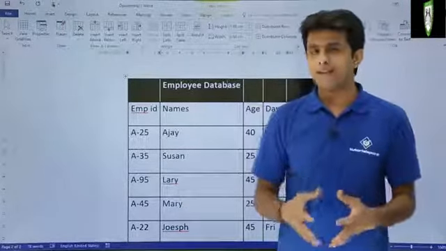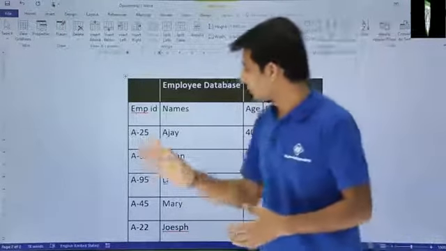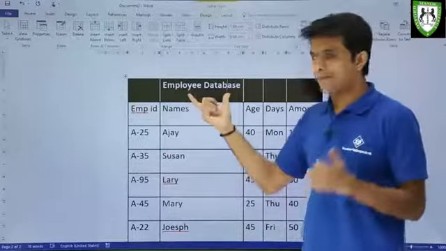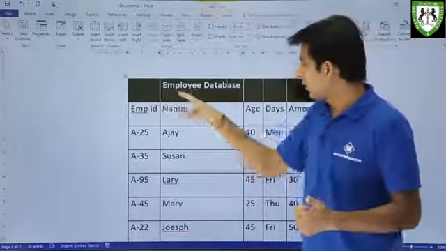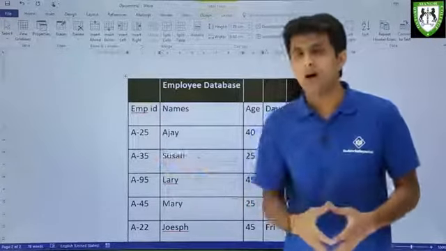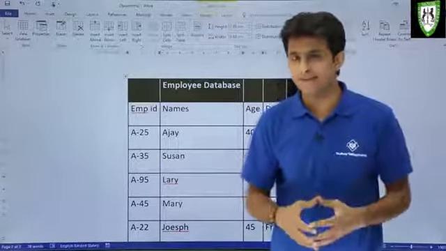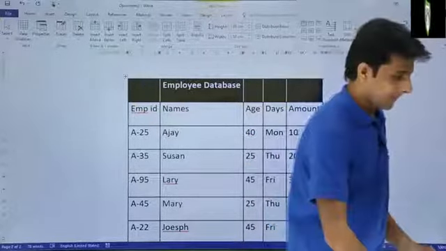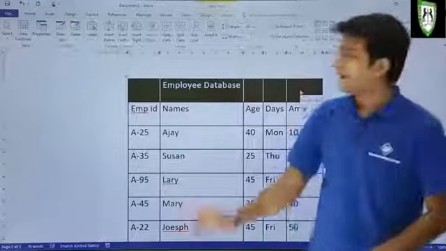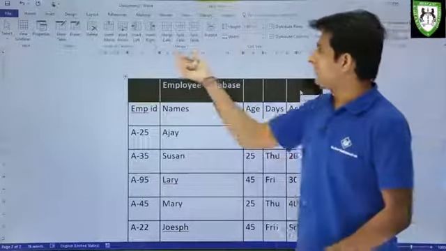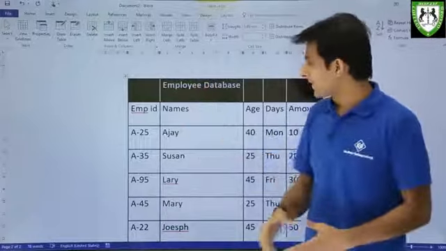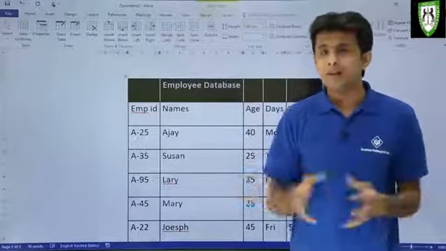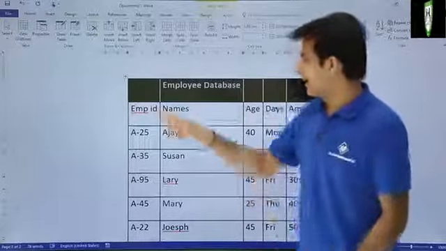If I want to merge cells, why do I want to do that? The reason is, this is the heading of the table, and I want it in the entire row. So how do I merge all the cells? Simple. Select all the cells here like this. Then you can go to the layout tab and you see there's a merge group given here. In the merge group, you can select the option merge cells. Merge cells will merge all the cells in that selected area.